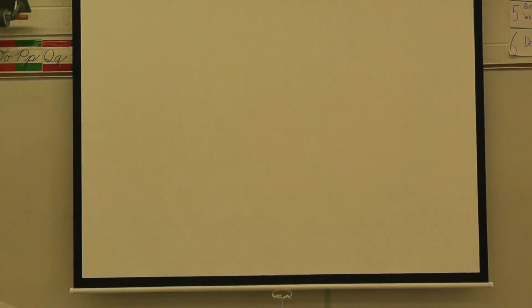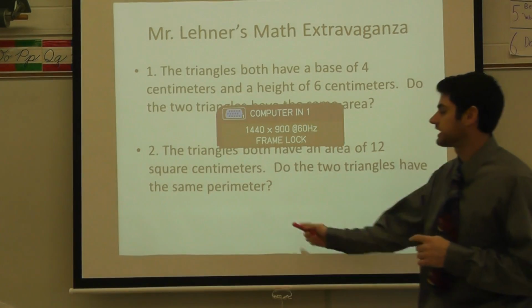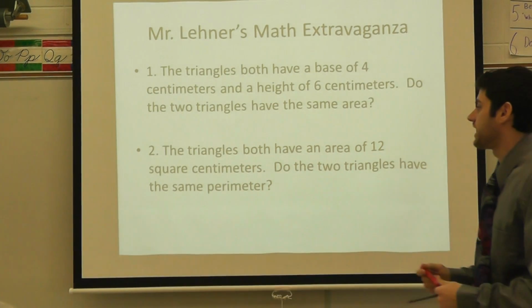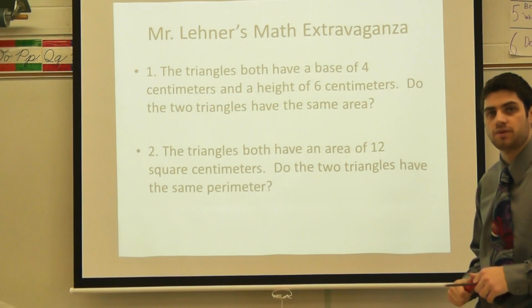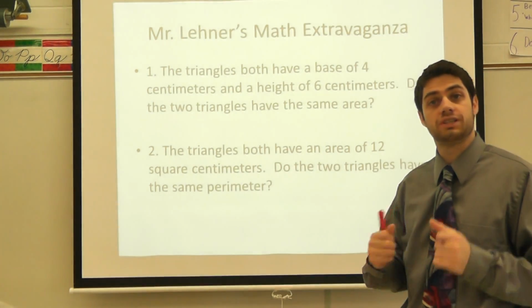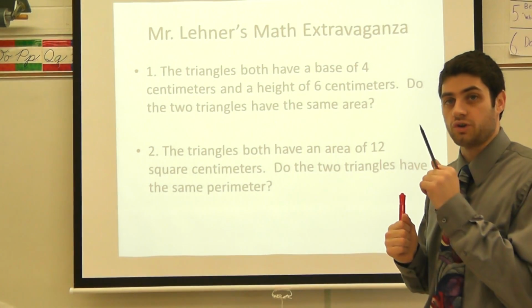And what I'd like you to do at home is to do our second one here. It says, the triangles both have an area of 12 square centimeters. Do the triangles have the same perimeter? So at home, you're going to take your grid paper, hopefully you got a marker or a ruler over there,